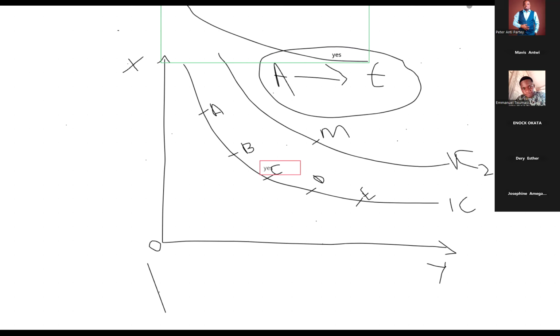Okay. So I think those who said no, I'm going over again for you to see. With IC2, don't worry, we'll talk about IC2. I wanted to use that to depict something. So let me say this again. When we have one indifference curve, like IC1 here, points on that indifference curve,